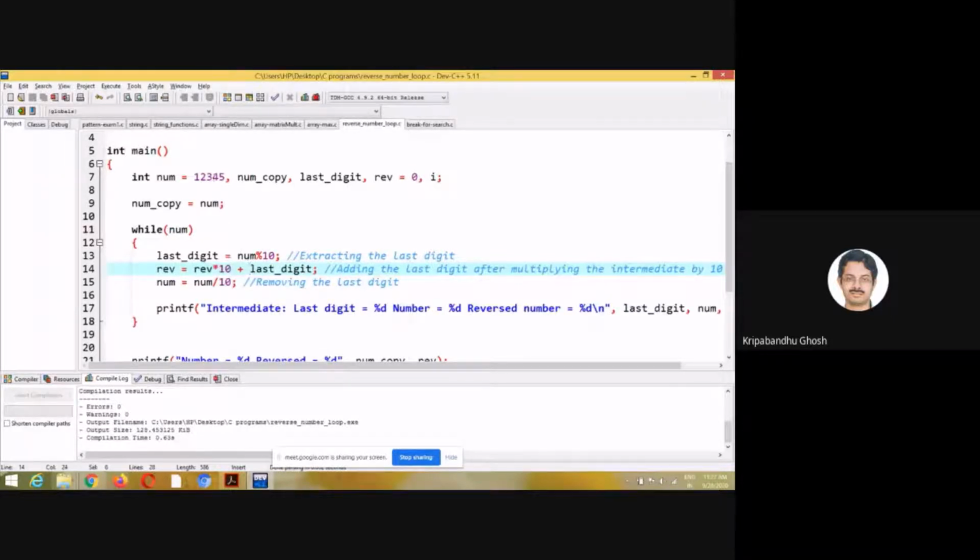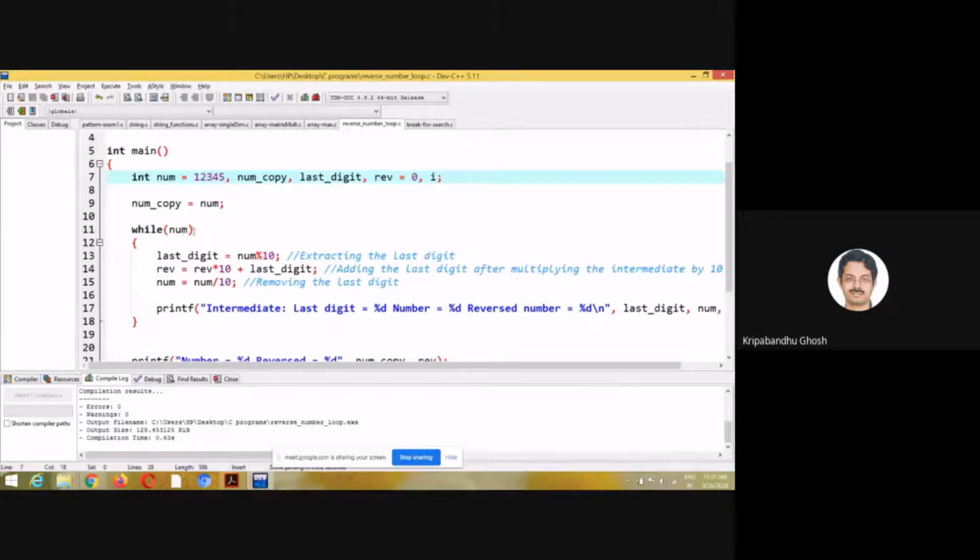So you see that this part of the number is already reversed. Then we again divide the current number, 1, 2, 3, 4, by 10, so that we get 1, 2, 3, and we go on. So it will first reduce to 1, 2, 3, 4, then to 1, 2, 3, then to 1, 2, then to 1, and then to 0.